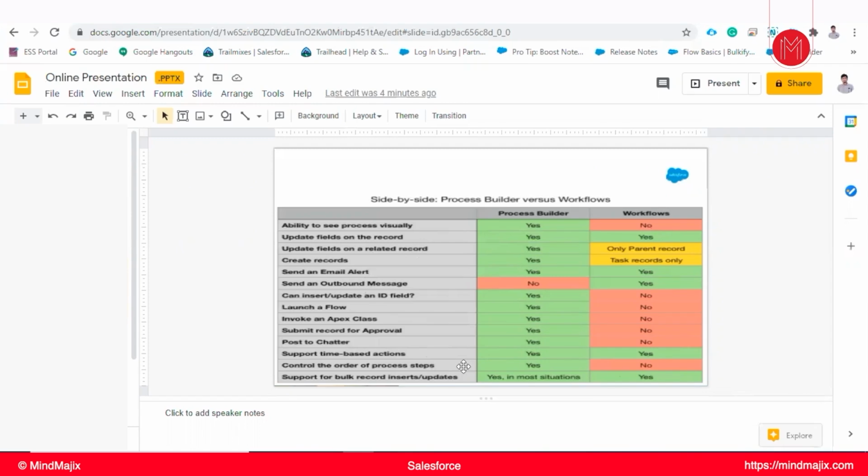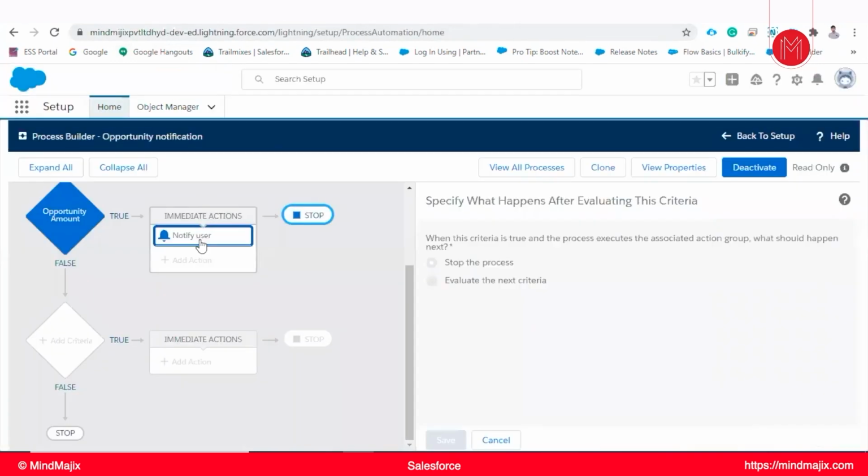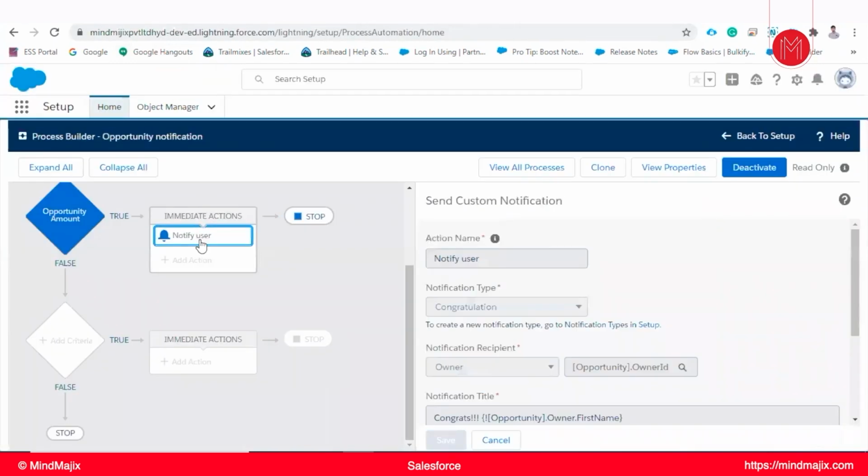In certification also there may be one or two questions, not many, it will rarely be asked. This is about the comparison between workflow and Process Builder. And they will ask in interviews what things you can do in Process Builder. For that you need to say we can create a record, and give the comparison. When they ask what things we can do in Process Builder, then